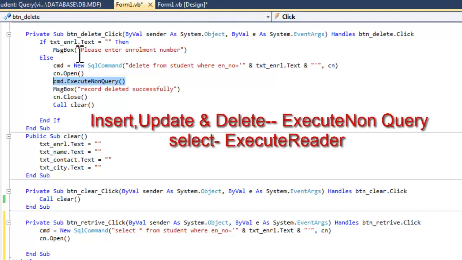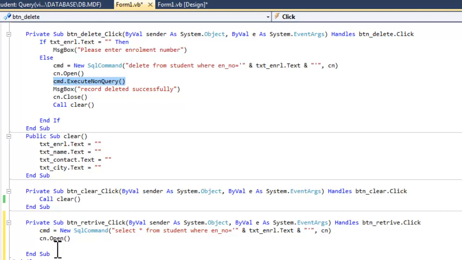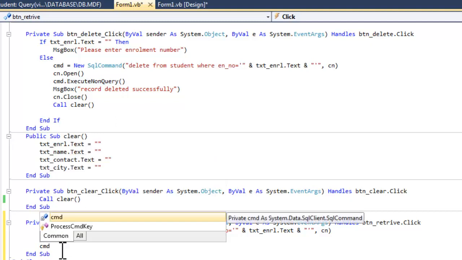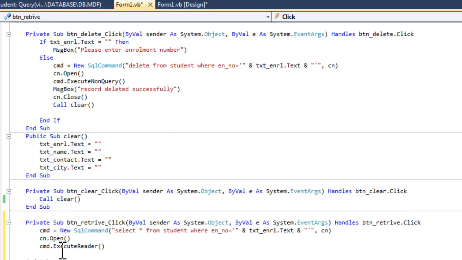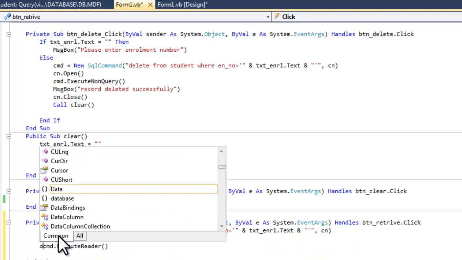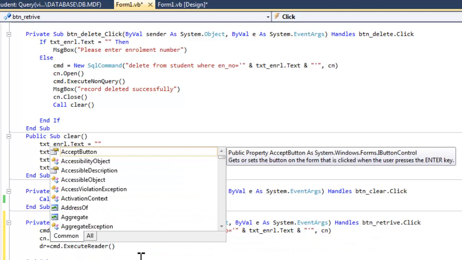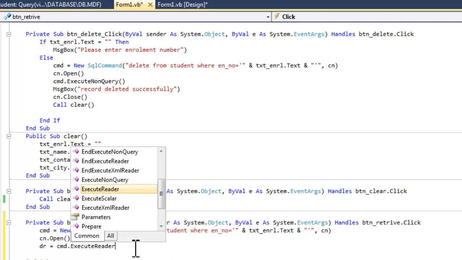At that time we discussed that when we use insert, update and delete queries, we use ExecuteNonQuery, and when we use a select query, we use ExecuteReader. What is the work of ExecuteReader? It executes the select query, fetches the result and stores it into the dr object, which is our data reader.